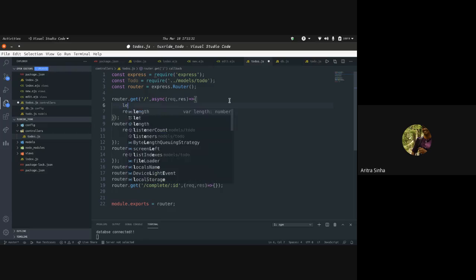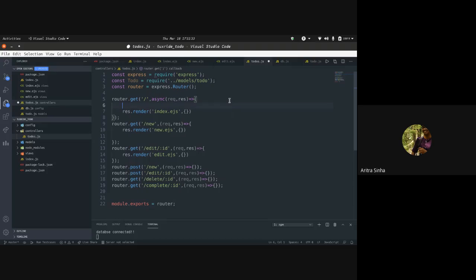So let's say this page, the get page, basically the main page, where we want to list out all the to dos, right? So we'll write let todos equal to await, which will help us stop the execution of the program until all the data is fetched.